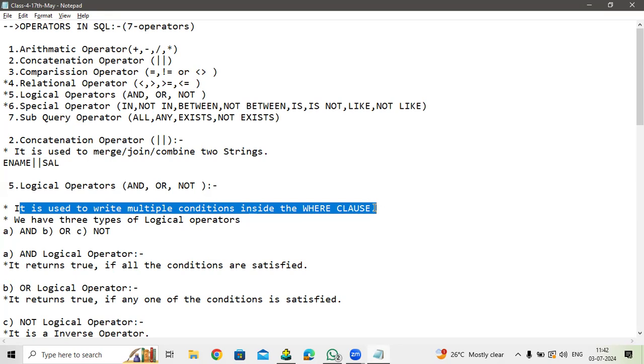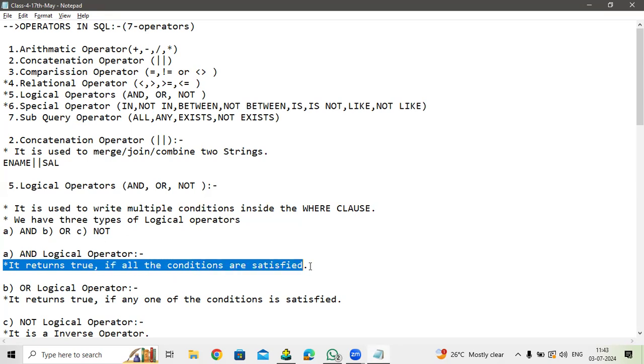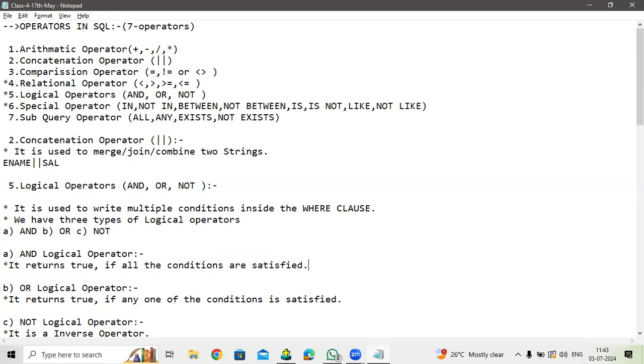And we have three types of logical operators. One is and, second one is or, and the third one is not. And or not. So what is and? And logical operator returns true, which means it returns the output, if all the conditions are satisfied. It returns true if all the conditions are satisfied. For example,